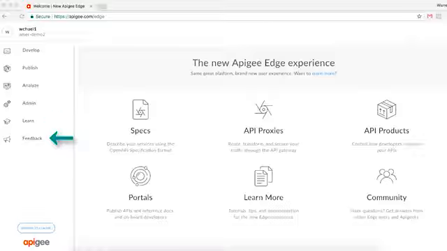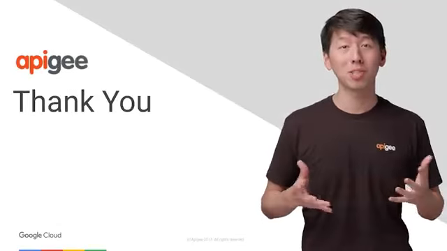Finally, we want to hear from you. Do you love the UI, or do you completely hate it? Is there a part of the UI that you think can be optimized or changed for the better? The feedback menu will allow you to submit your thoughts directly to us, so that we can gather them for future iterations of our product. We definitely want to hear from you, so don't be shy about sharing your thoughts.